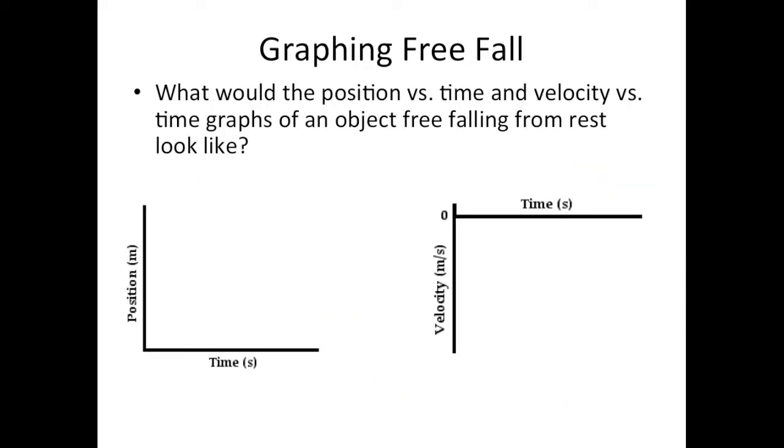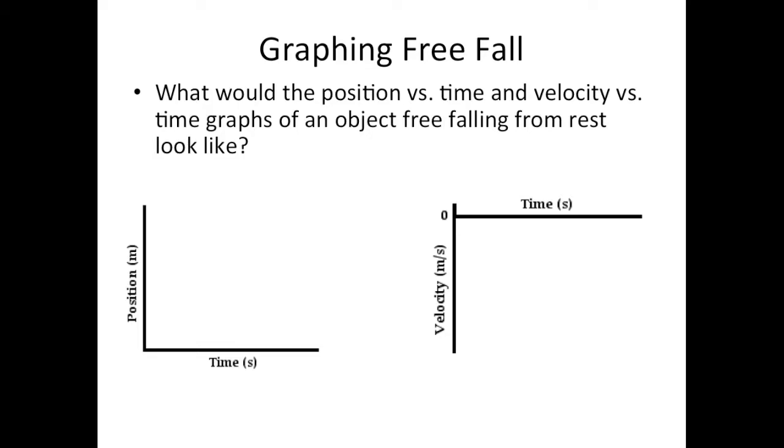Now let's bring this back to what we talked about earlier in this unit. Let's take free fall and graph that motion. So what would the position versus time graph and velocity versus time graphs of an object free falling from rest look like? Now we're going to assume we're just dropping something. We're not throwing it in the air. So if we take an object and we drop it off a cliff, what would the position time graph look